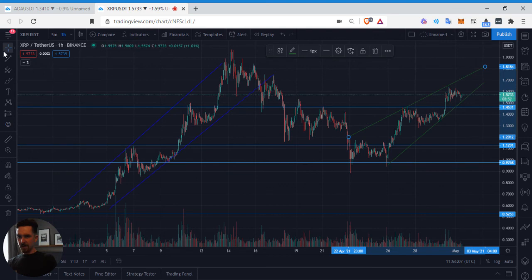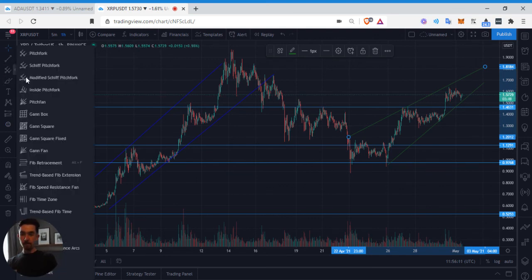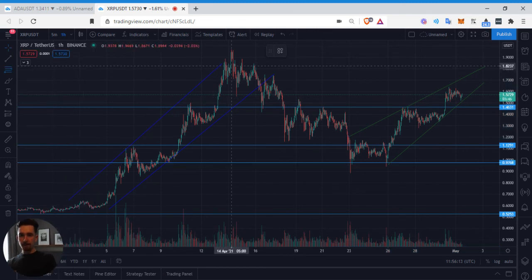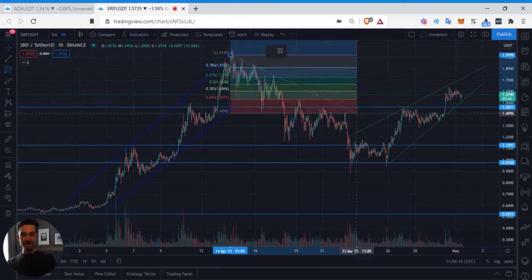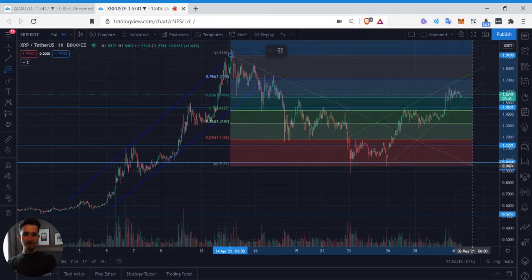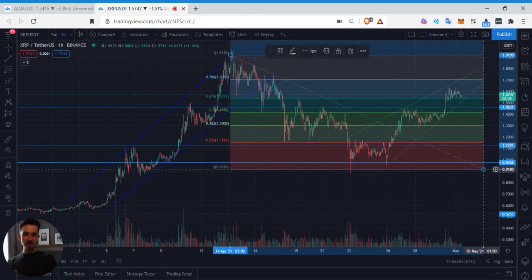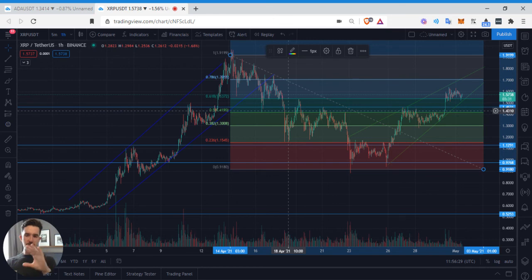But if we use Fibonacci retracements, the beauty of Fib retracements is that personally it's my favorite indicator if I'm just trying to keep it simple. And in these sectional analysis videos where I'm keeping it semi-short, I try to just keep it to the basic Fibonacci levels, because you can see here, remember at this, what is this, the 0.5 level? Yeah, the 0.5 level, these are nice levels you can trade off and pull profits from.